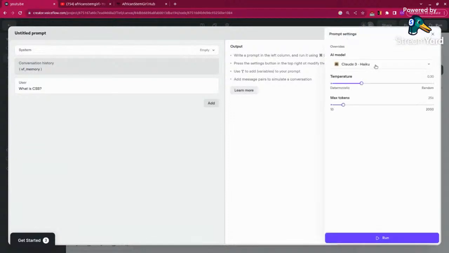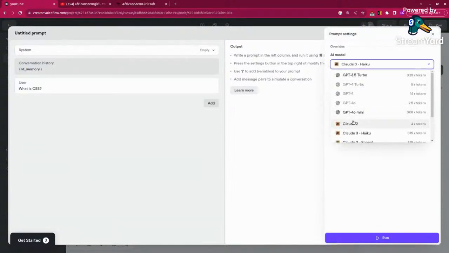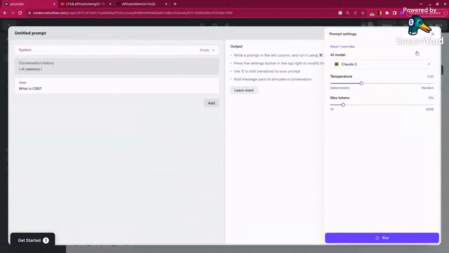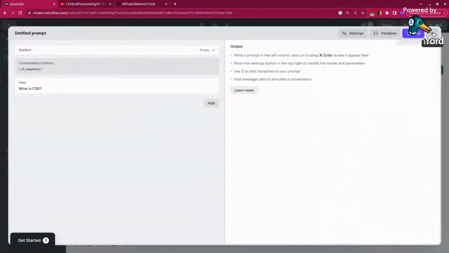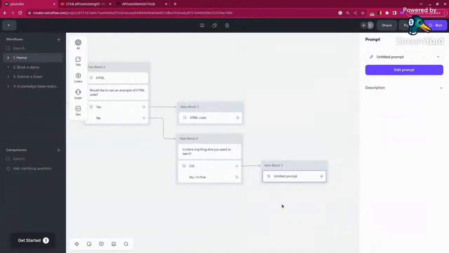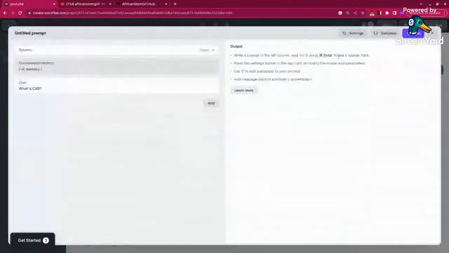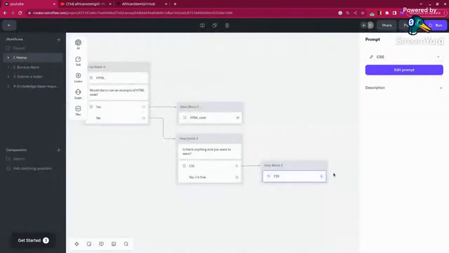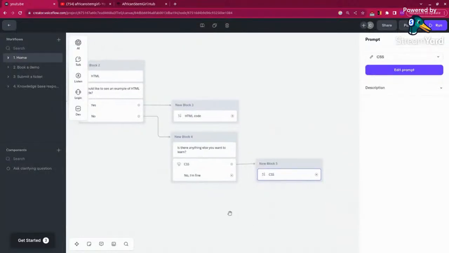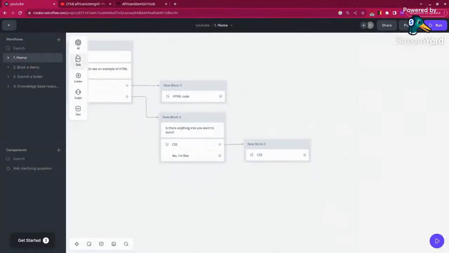We can put the settings. So let us just use the same Claude for the whole AI, so that we don't have responses looking a little bit different. Let me just rename this. I have to click on it, yeah, and say CSS. Okay, I can just say CSS prompt, or you can just leave it as CSS. There's no problem, depending on how you want to name it. And then maybe when somebody says no, I'm fine,